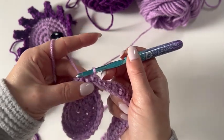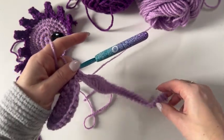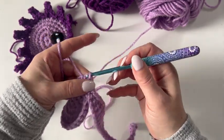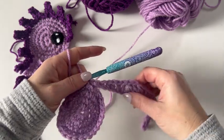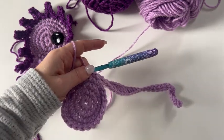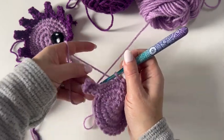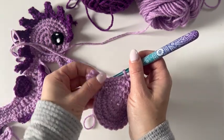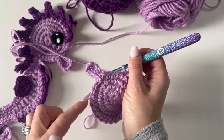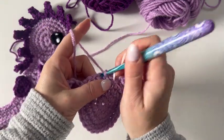Stitch count doesn't really matter that much, to be honest. Okay. Where are we here? We're just going to go ahead and join, kind of back up to the neck there. And then we're going to slip stitch in the first 4 stitches and then around the nose. Okay, and then we're going to continue slip stitch a little bit after, and then we're going to do single crochets. So I'm just going to go ahead and start